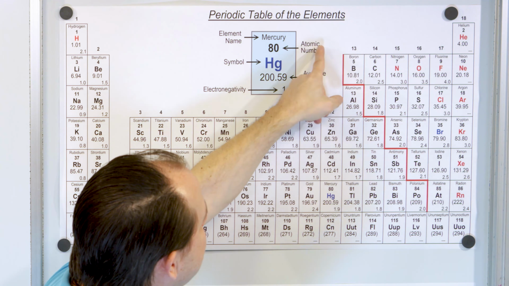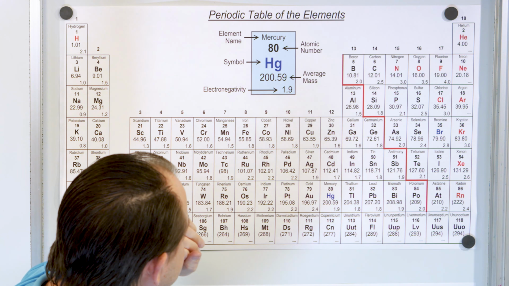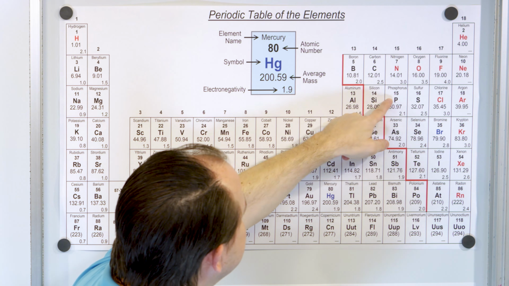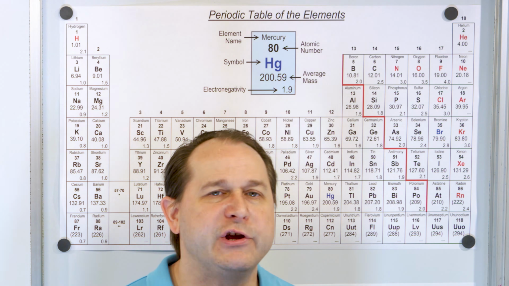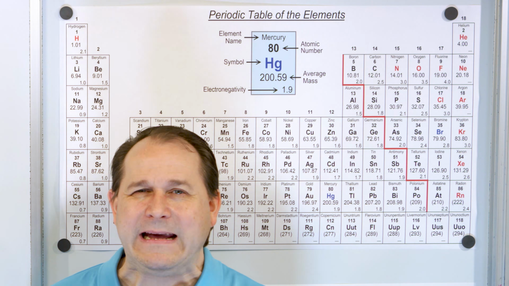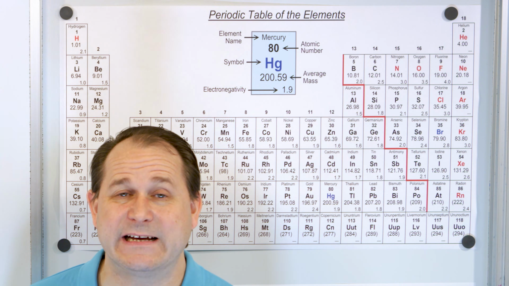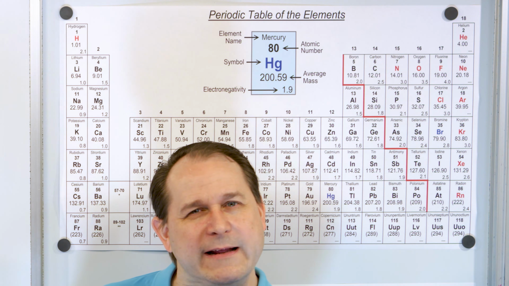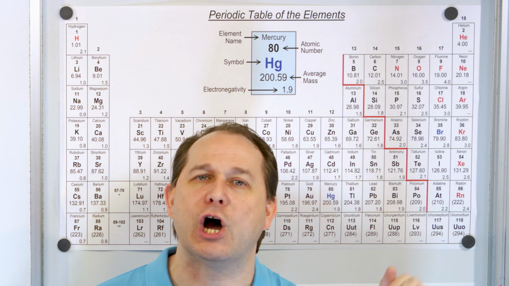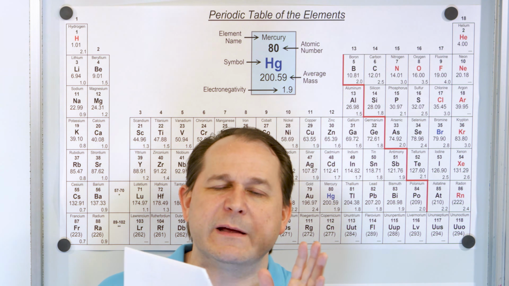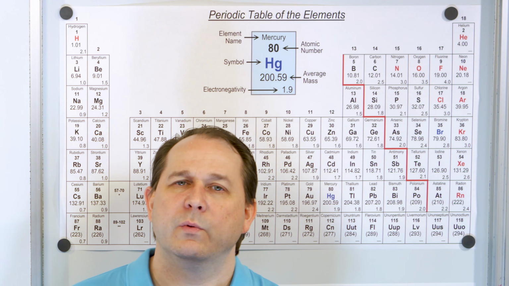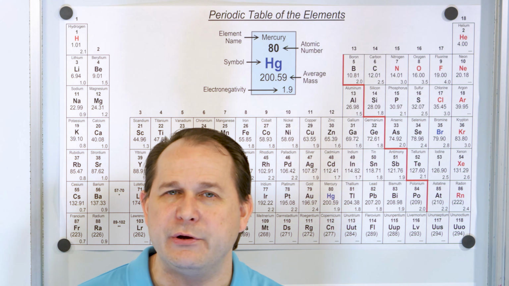So let's look at the elements right on the border here, right? Well, the big one is right here, silicon, Si. And I know that you all know that silicon is the main element we use to build all of our computer chips. The reason we use silicon to build computer chips is because it's right in the middle between being a metal and being a non-metal. So we can build a circuit so that when we build things like a transistor in a computer chip, we build it out of